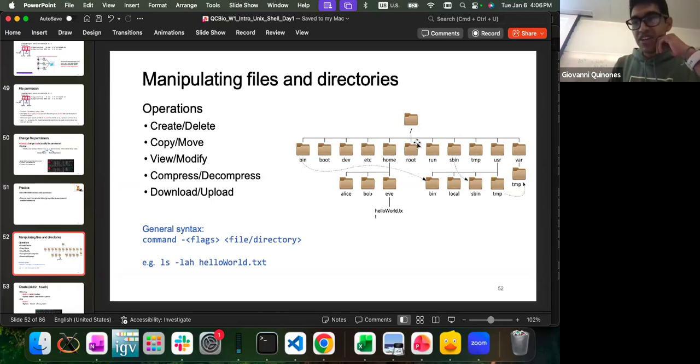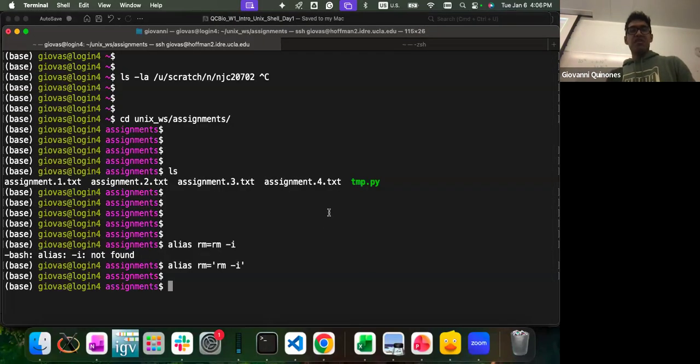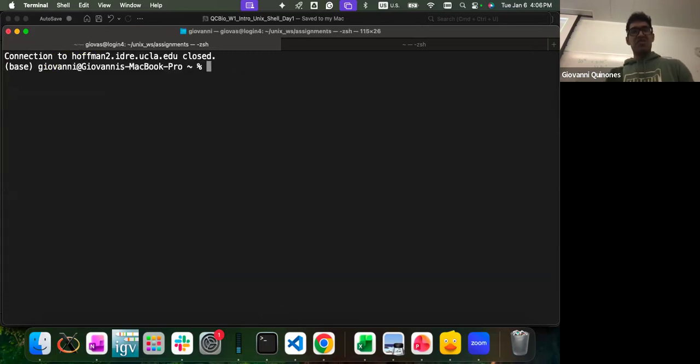So in the case of Hoffman, we have /u. That u is for users. And then within the users, there is a home directory. Hoffman is slightly different from this because it's a cluster. This is more the architecture of a standard Unix machine like your laptop, for example. Everything here is going to be centered around Hoffman, but let me log out of Hoffman. I can do exit and I log out.